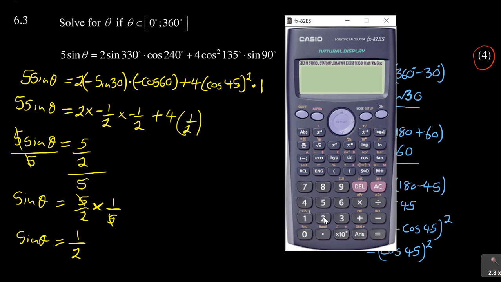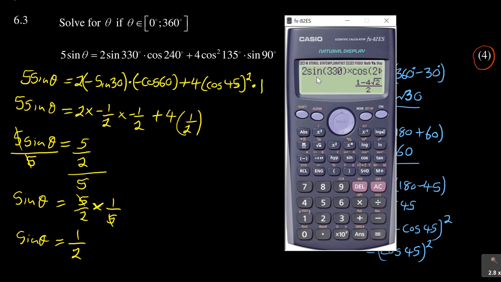You could have used a calculator to say 2 sin 330 times cos 240, this is just proving if you're right, plus, and then we have 4, put a bracket, and then you have cos 135, close, and then say squared, and then times sin 90, then equal to, let's see where I made an error